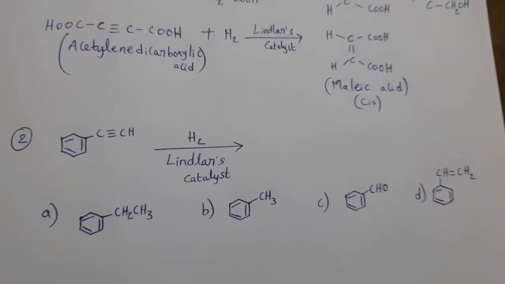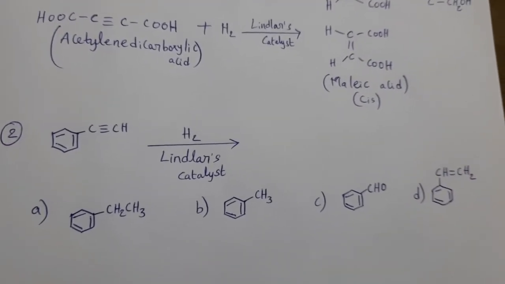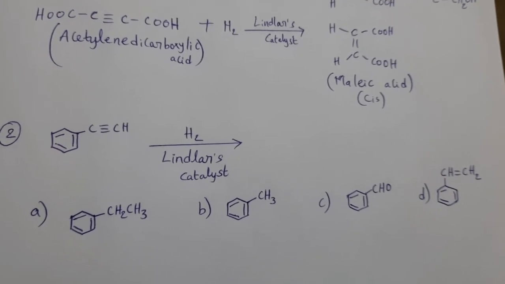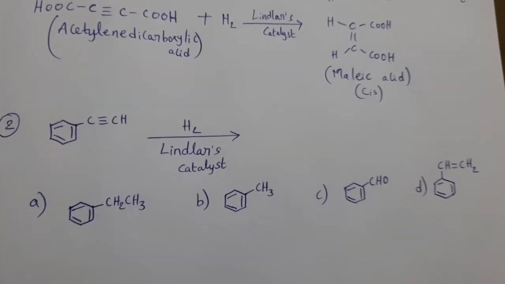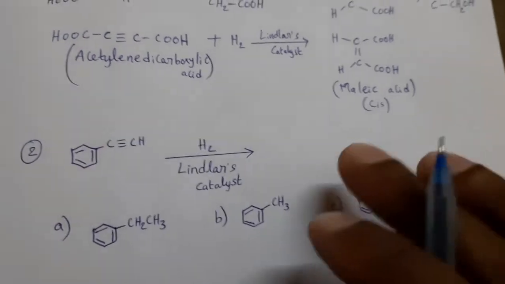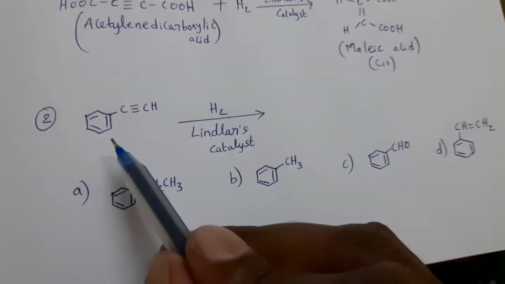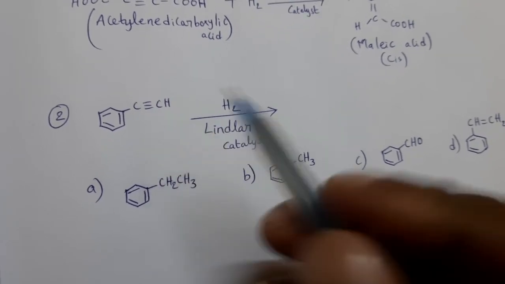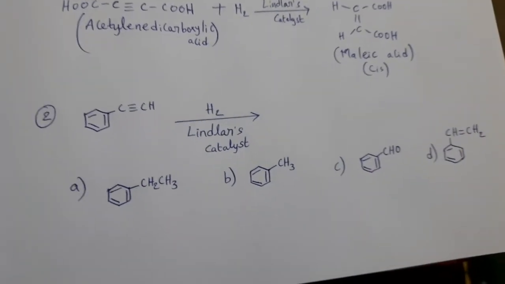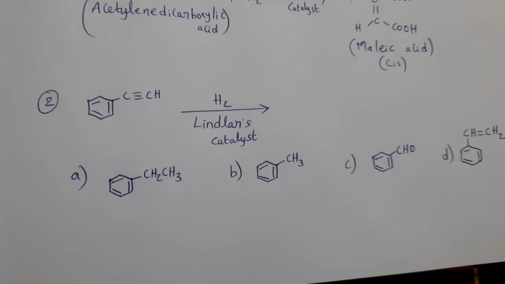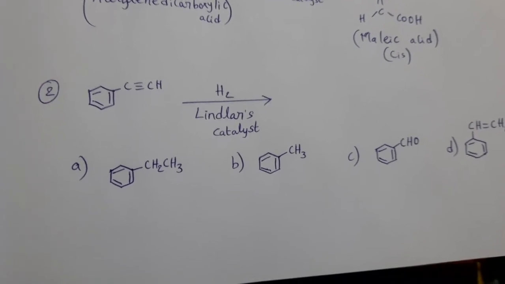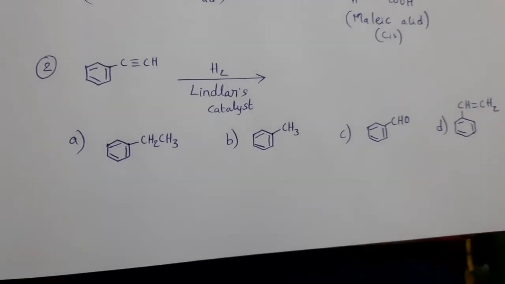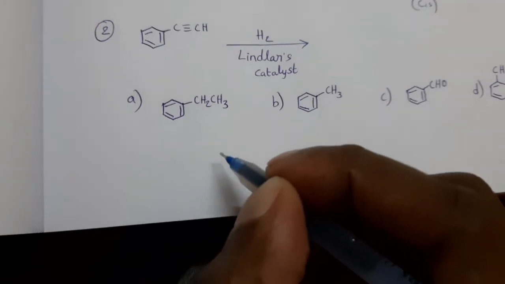Next. Benzene ring is attached to acetylene. That compound is treated with hydrogen in presence of Lindlar's catalyst. Then what is the product? Here also inside the benzene ring double bond is there. Outside between the carbon atoms triple bond is there. So Lindlar's catalyst can reduce this triple bond to double bond. Then reaction is, see here,